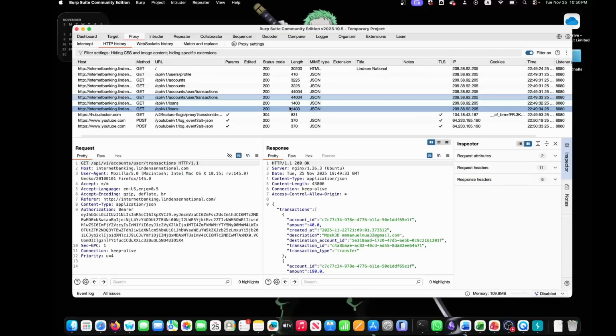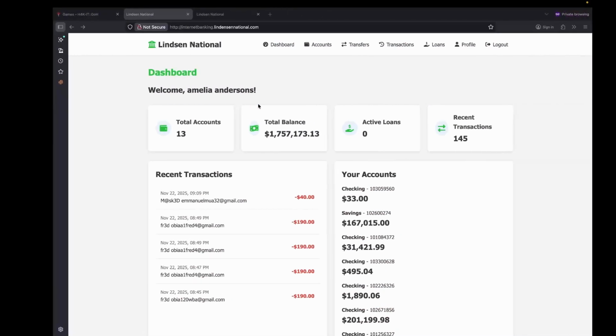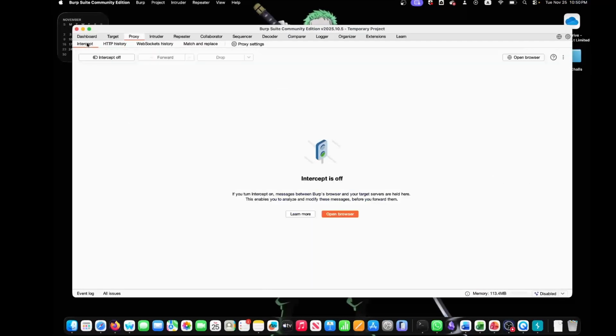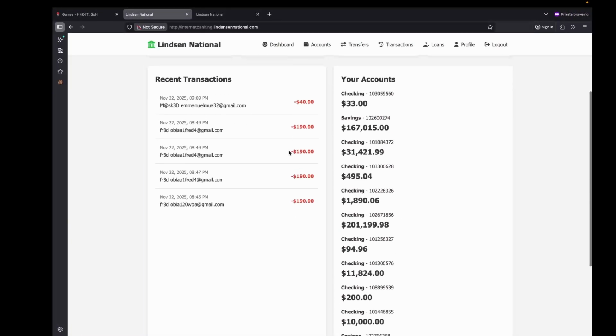So one thing we are going to try is transferring some money, and then see whether we can change where the money heads to, because if we have the object reference of where the money is headed, then we can easily change it and see whether we have an insecure direct object reference on the object ID, not the account number.